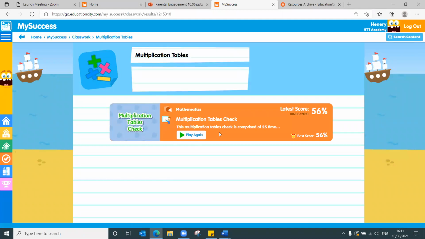There we go, such as the multiplication tables check. You've got the latest score, and you could always challenge your child a bit and say, right, if you get 70% on that, I will get you a certificate. We do have some downloadable certificates that you can use on the EducationCity website. Just head to